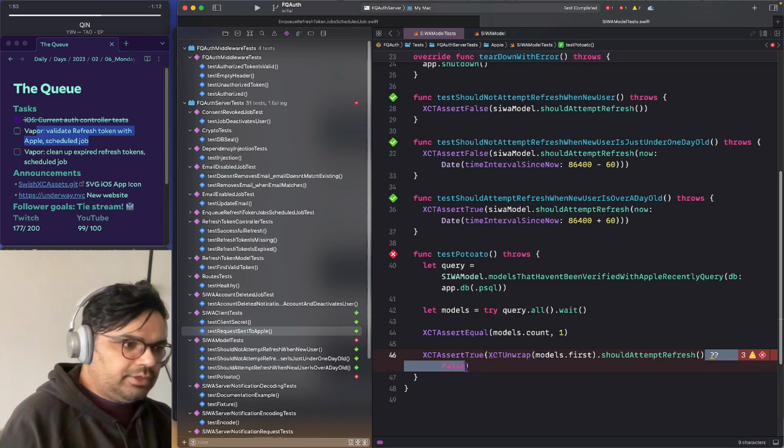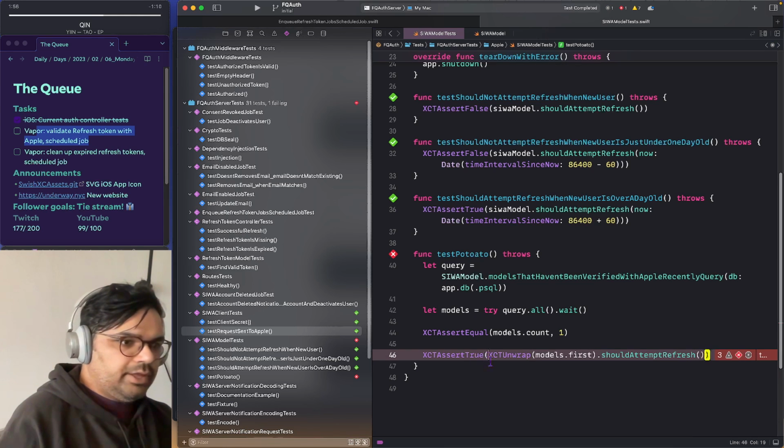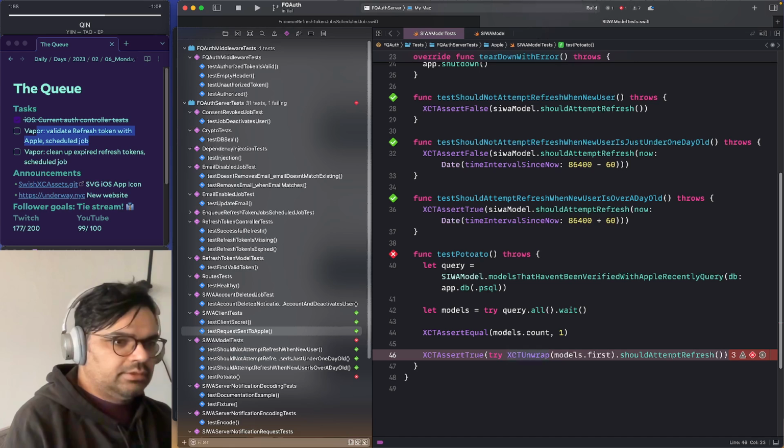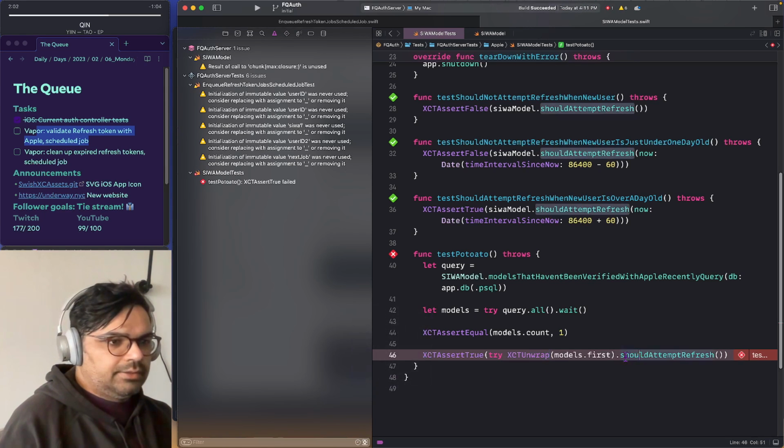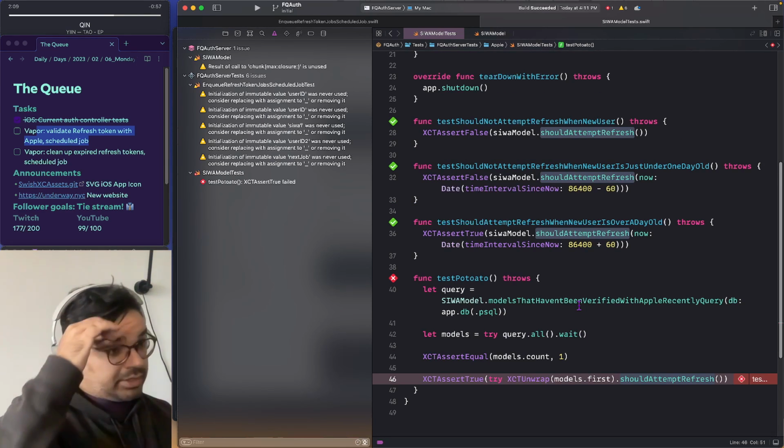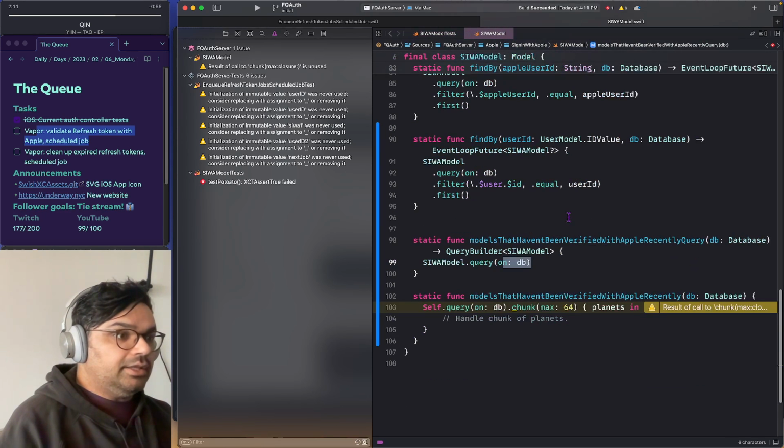And then we don't need this. We'll put a try in there. Cool, okay. Then I don't have to deal with any weird optionals. Okay, so back in the implementation,